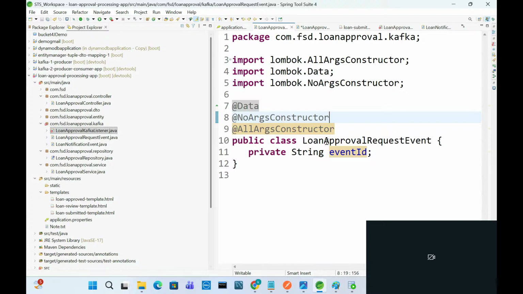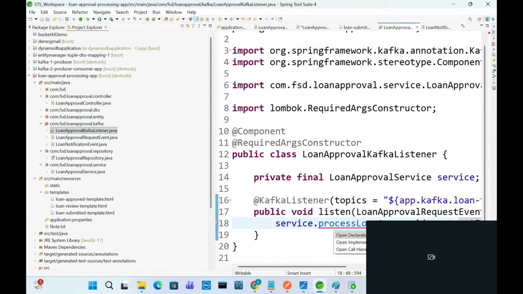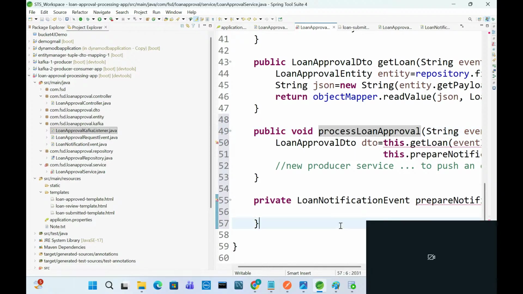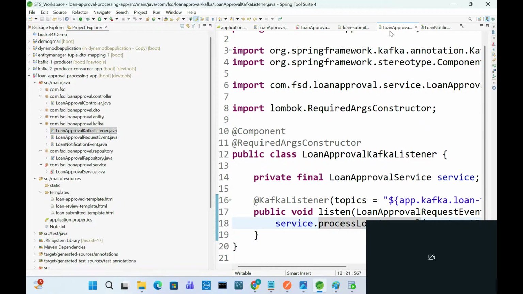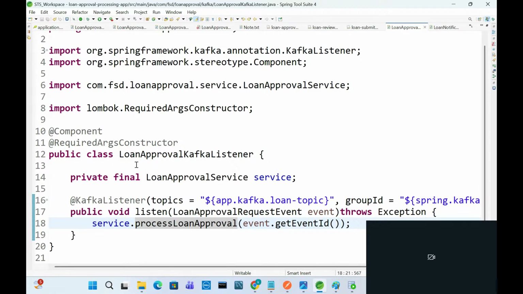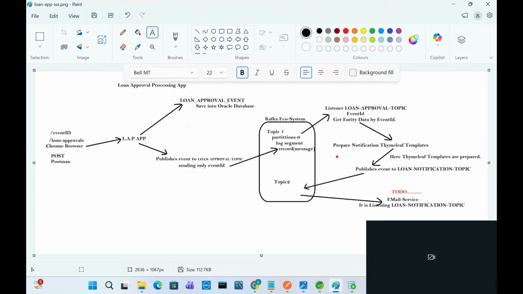Now go to this one, let's save this. Now no errors, right? This is the listener. So what we have built right now, this part, the listener, is listening to which topic? The loan approval topic. What data is it getting? The event ID is available. By using the event ID, it is fetching the